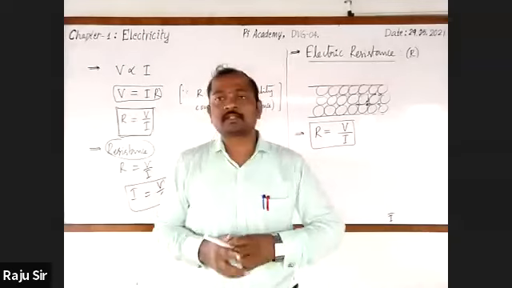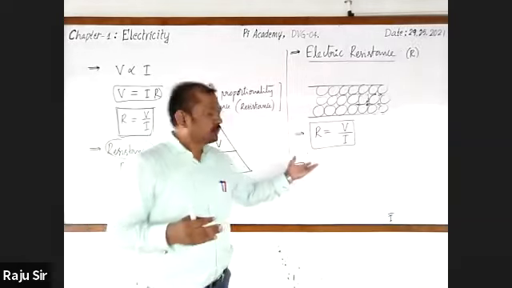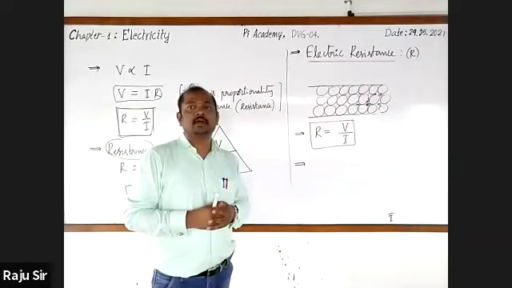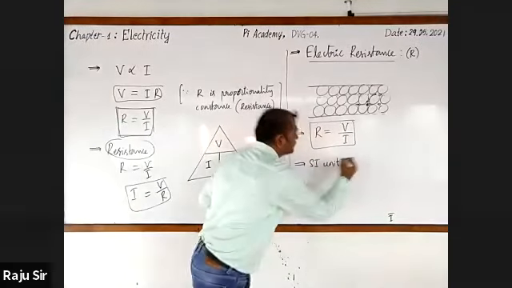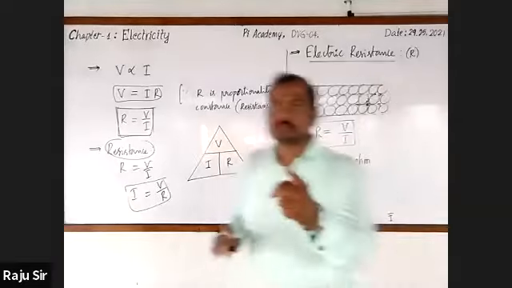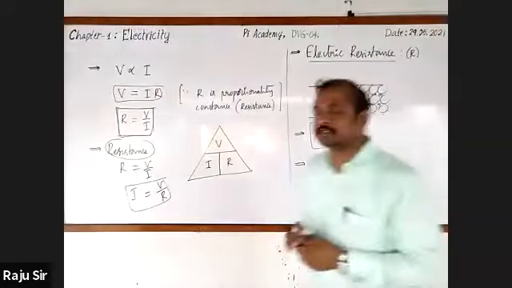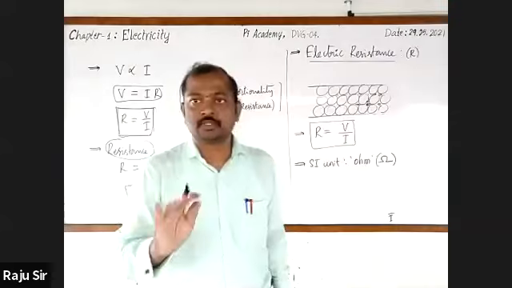Electric resistance is also a physical quantity. It can be measured, so for measuring that we use a unit. Do you know the SI unit of electric resistance? Ohm, sir. Yes, it is ohm. To honor the scientist George Simon Ohm, the unit has taken a part of his name, that is ohm, and symbolically it is represented like this, and we call it omega. Got it?